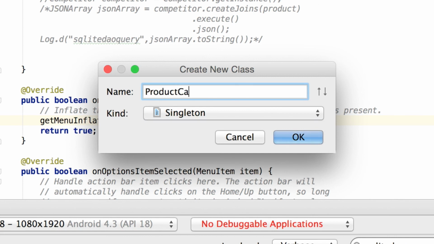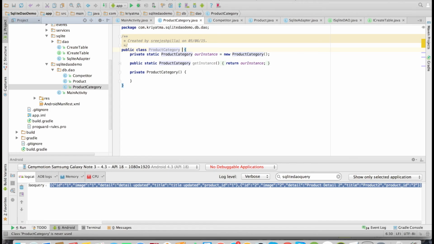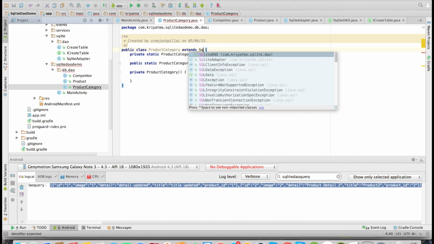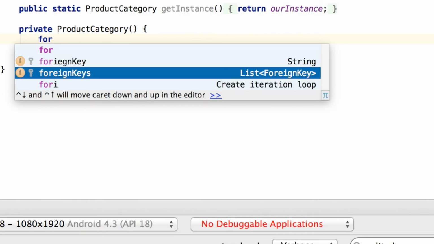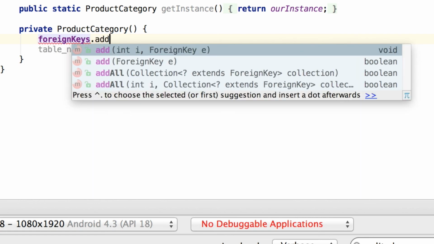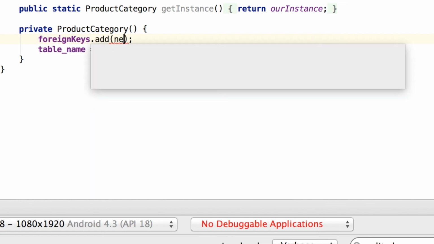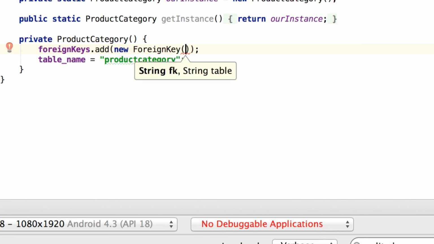It will be the same as the other DAO classes. Only difference will be this will contain multiple foreign keys. As usual, it should extend the SQLite DAO class. The table name will be product category. Now the foreign keys. We have a foreign key class available with the library. It will hold two properties, the foreign key and the table it refers to.